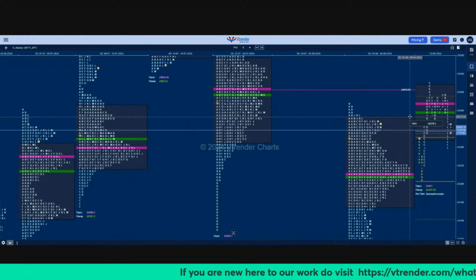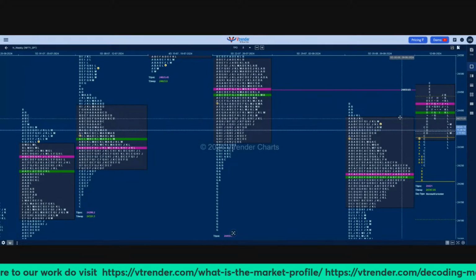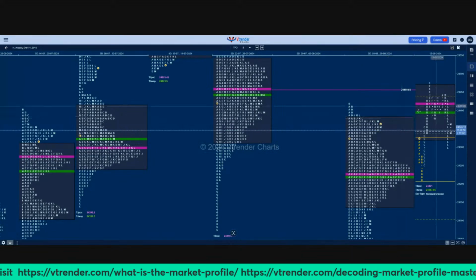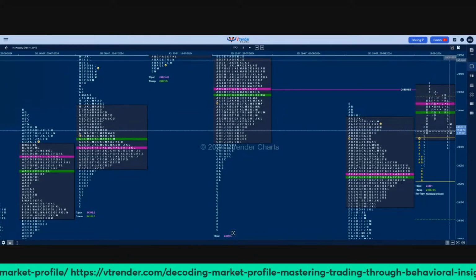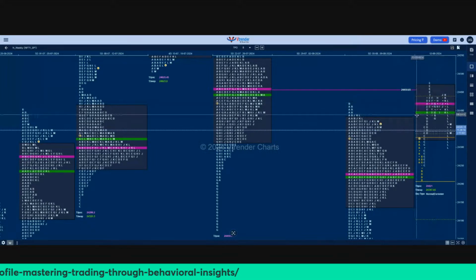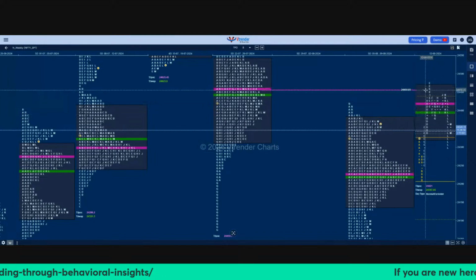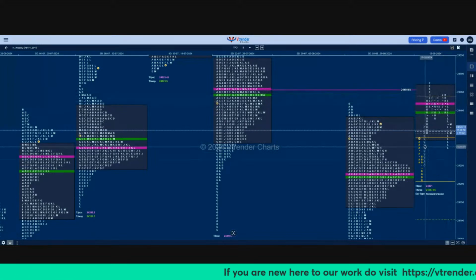So it was kind of holding, and as long as this was holding, we had a good chance of continuing this range extension to the upside in the afternoon, especially the K and L period. But because we were not able to take off this VPOC again, we then made a swipe lower in the L period. So we give a lot of importance to these halfbacks. So you can see this halfback is where the L took support,